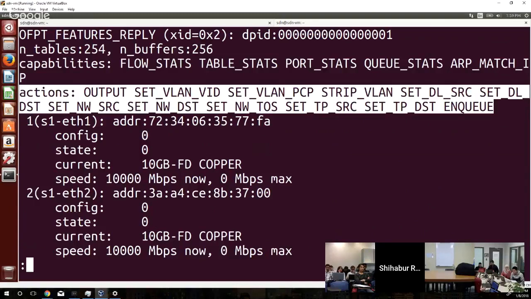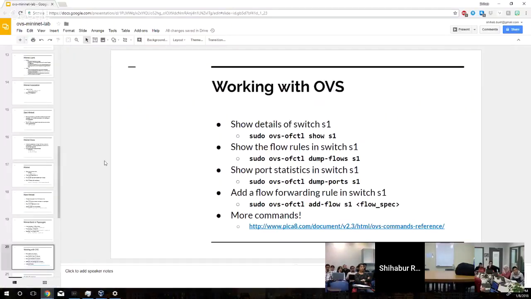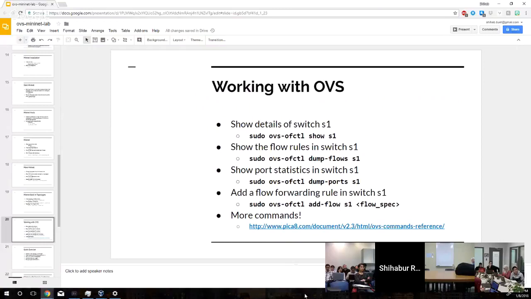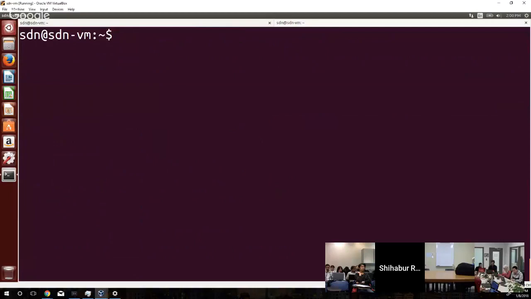All right. So now moving on. So far, what we have seen is that from the CLI, we're able to see the basic features of a particular switch. Again, we're able to see what is in the flow tables. We can dump the flows in the flow tables of a particular switch. And all these commands not only run on virtual switches, they also run on the hardware switches as well. So let's see another command